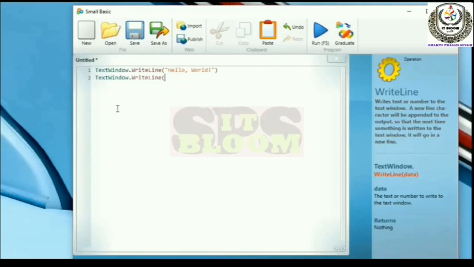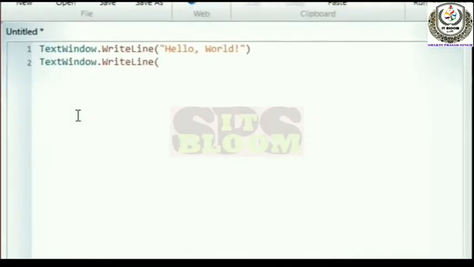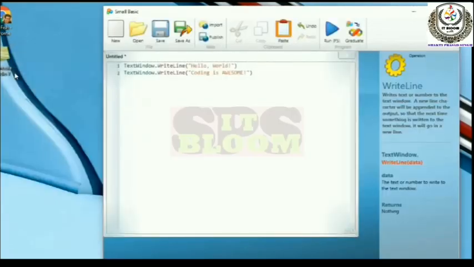Suppose you write WriteLine, then parenthesis. Again it will give you the helping code window, called IntelliSense, developed by Microsoft. Then run it. When you run, press any key to continue. This way you can start to write the program.